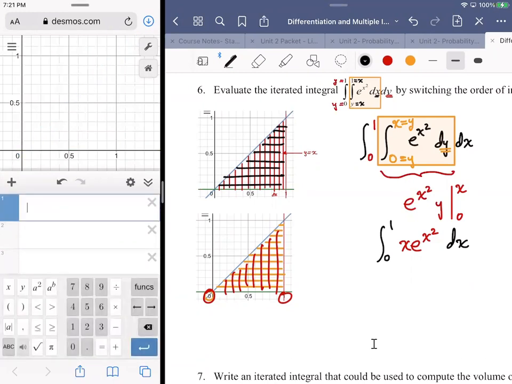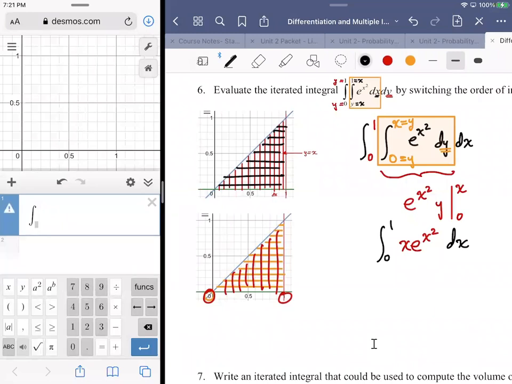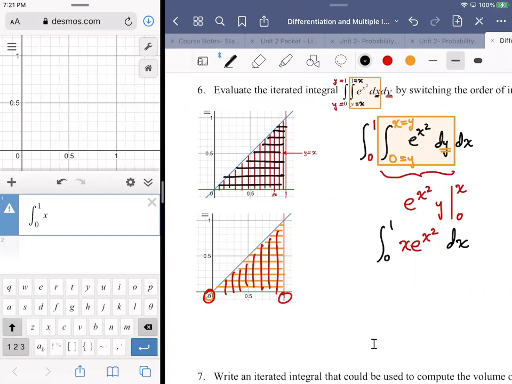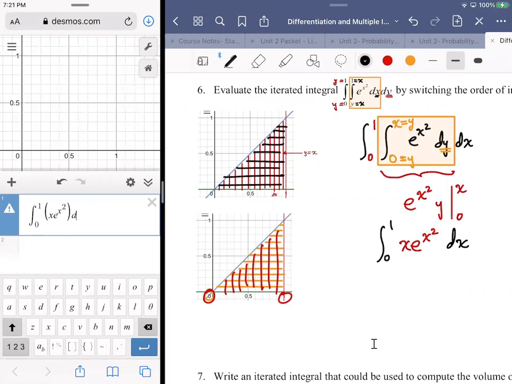But again, I've been pushing this whole Desmos thing, so why not, right? Let me just get rid of some of these. So function, integral, 0 going to 1. Oh, poor quality, I put it in the wrong place. x e raised to the x squared power. That didn't put my parens in. I'm going to pay the price for that if I'm not careful. dx. And so we get 0.859,